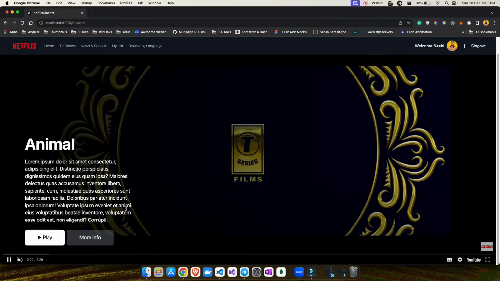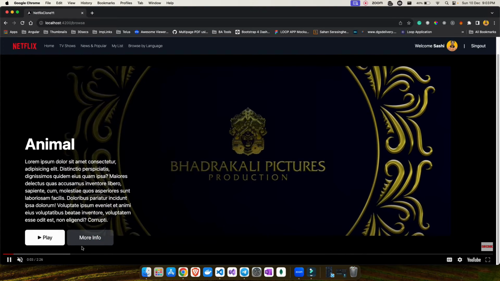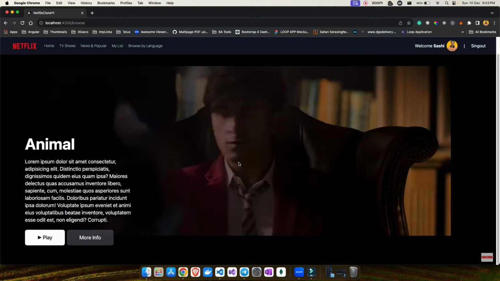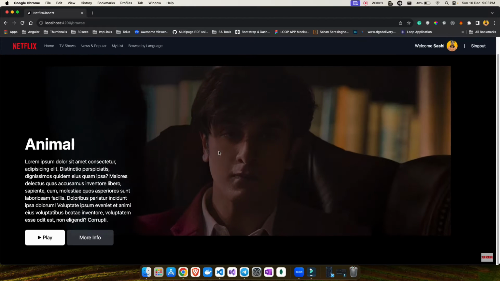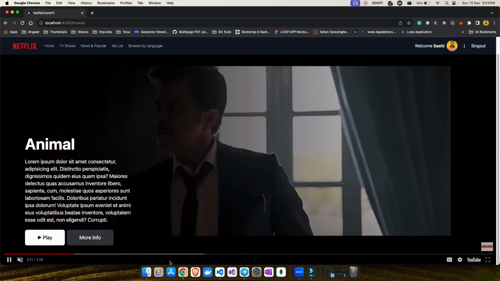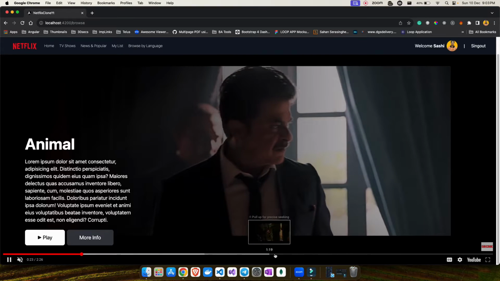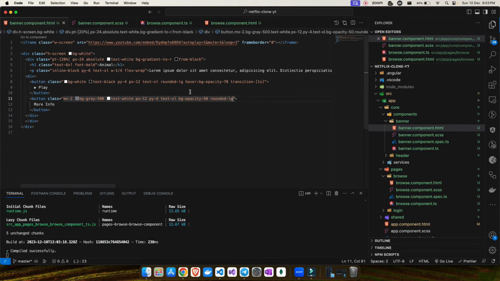Okay, both are same. So now if you see here, that's how my play button and more info buttons look. Now as you can see, I am able to see the trailer behind. Now I don't need these options to be enabled, so that I cannot change all of this. I should not be able to change those, so what I will do is put here one more and. So this is the configuration I'm trying to add.